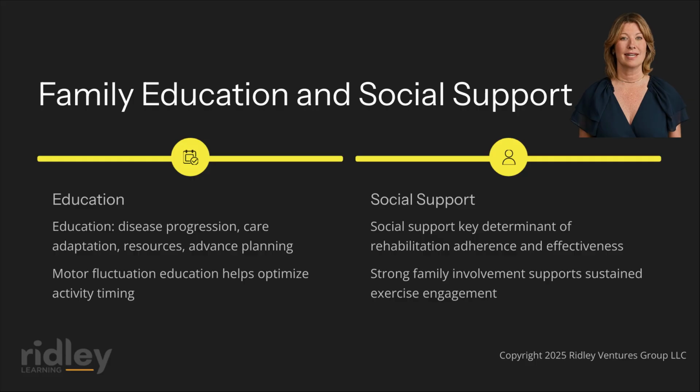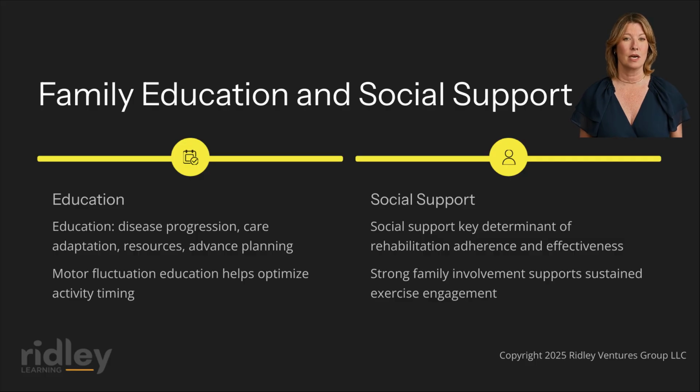Social support has been identified as a key determinant of rehabilitation adherence and effectiveness, particularly in home-based and telerehabilitation programs. Lack of social support is associated with lower rehabilitation utilization and poorer outcomes, highlighting the need for caregiver inclusion in rehabilitation planning. Conversely, strong family involvement supports sustained engagement with therapeutic exercise programs and implementation of compensatory strategies in the